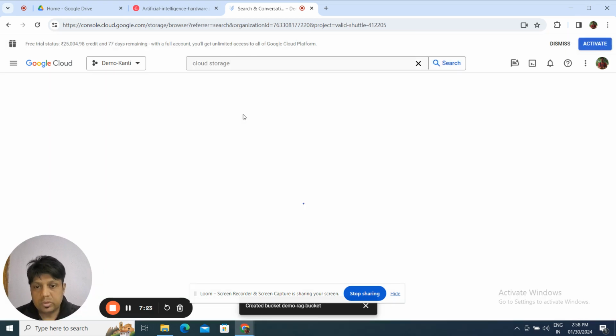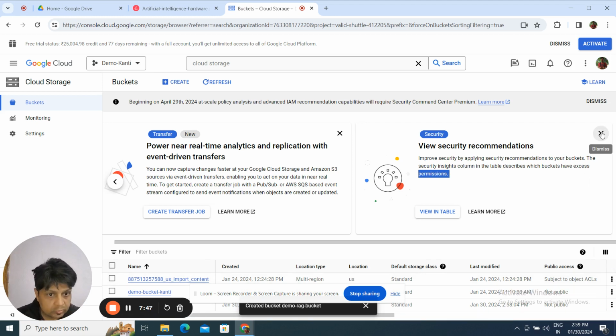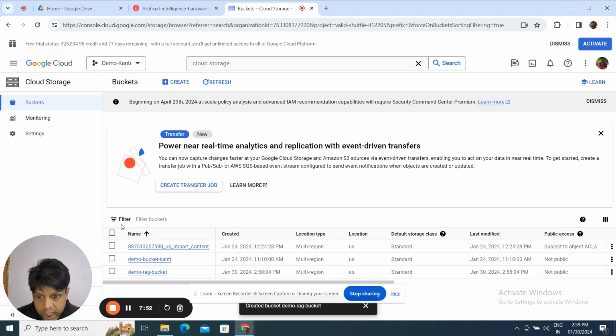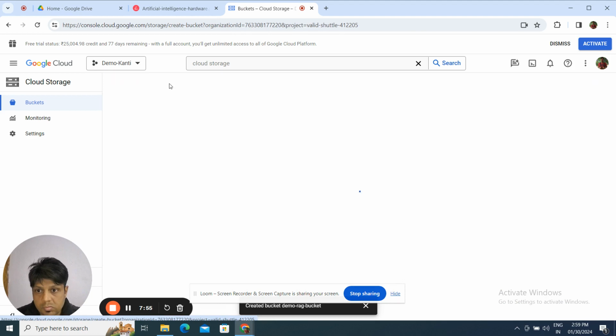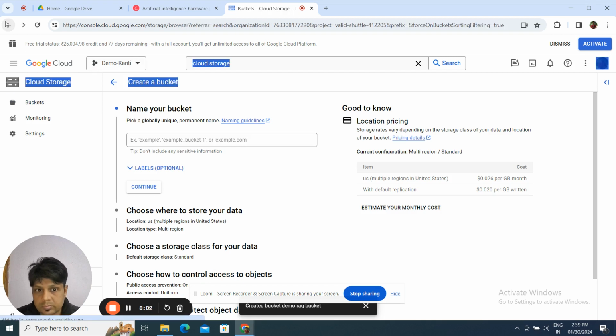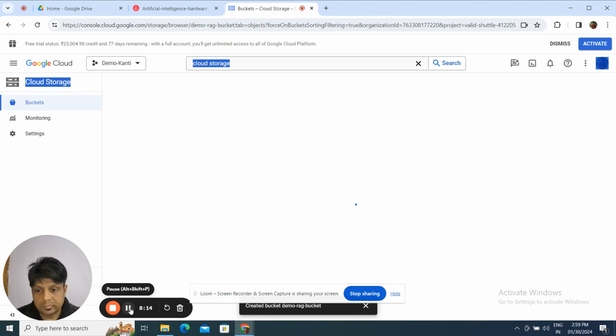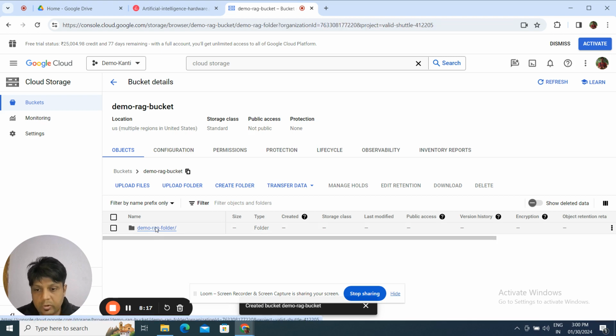Now you can see you have cloud storage. So now when you have this, you'll get this kind of screen. Now if you scroll down, you can see we have created the demo rag bucket. Let's click on that. Click on our demo rag folder that we have created,